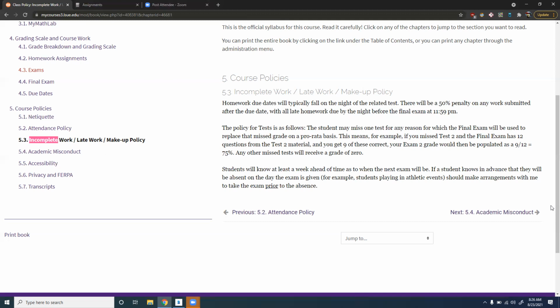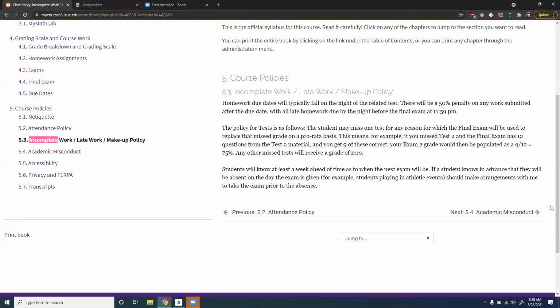Now, things happen. You get an accident on the way to campus. Obviously, you're not going to make it that day. If you miss a test, what's going to happen is a 0 temporarily goes in for that assignment. Why did he say temporarily? Because what I do at the end of the semester is I go back and I look at all your